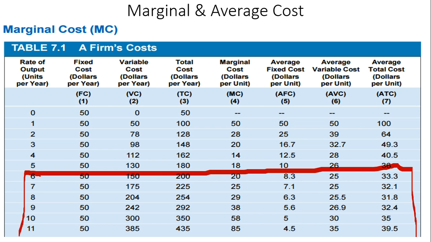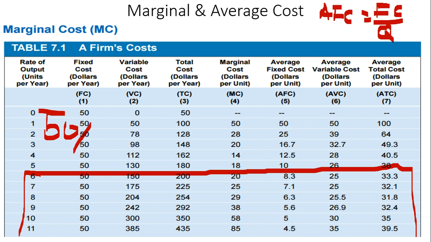And then average fixed cost is equal to total fixed cost divided by the number of units Q. Okay, so the fixed cost is 50. 50 divided by the number of units 6. So when you do 50 divided by 6, we are going to get this value here, the 8.3. So that is where this 8.3 came from. So when you do 50 divided by 6,